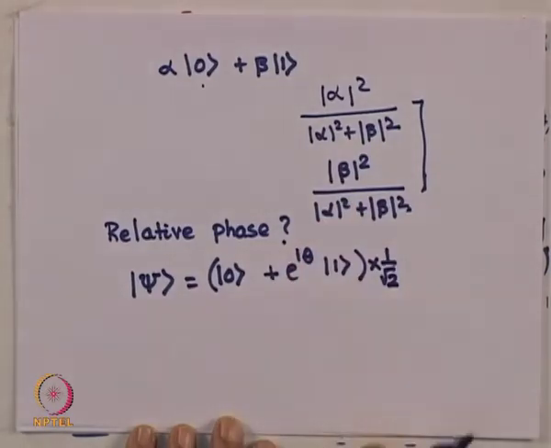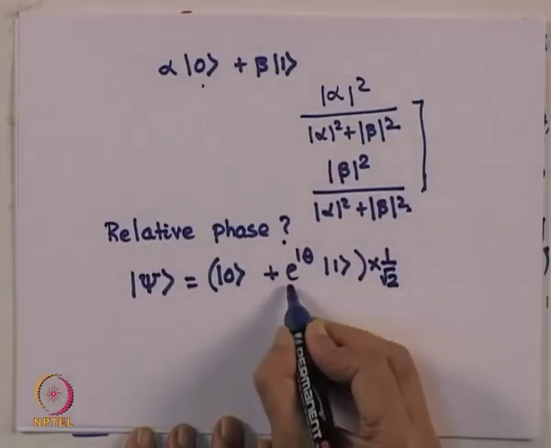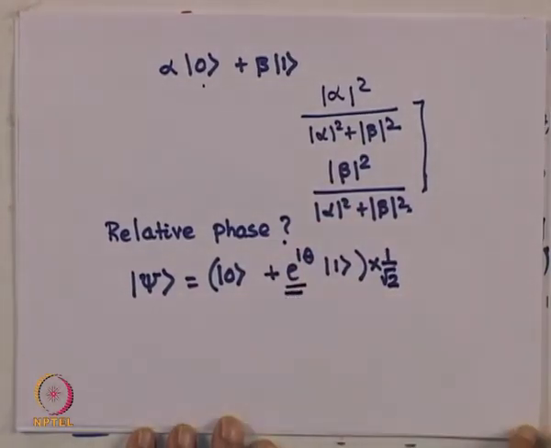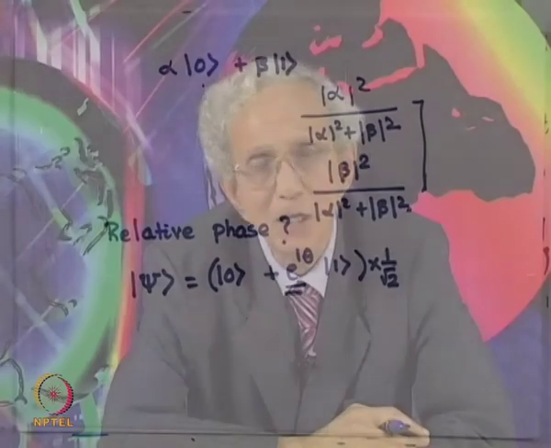This is what comes from here. But how about the information on theta? Can I get it? If you are making a measurement in the computational basis, you cannot. But I will just now show you that if you make a measurement in a diagonal basis, you will be in a position to find out the